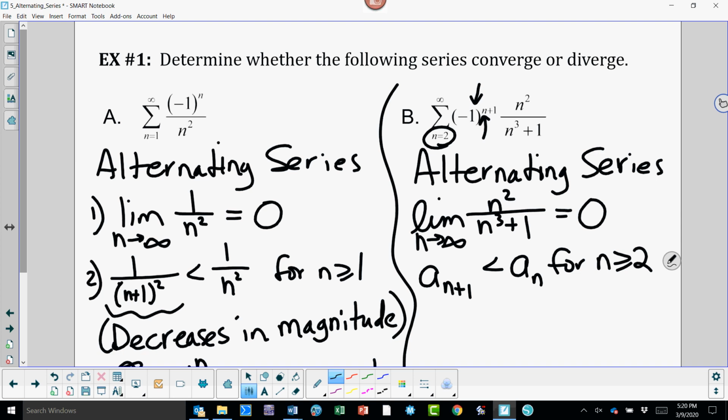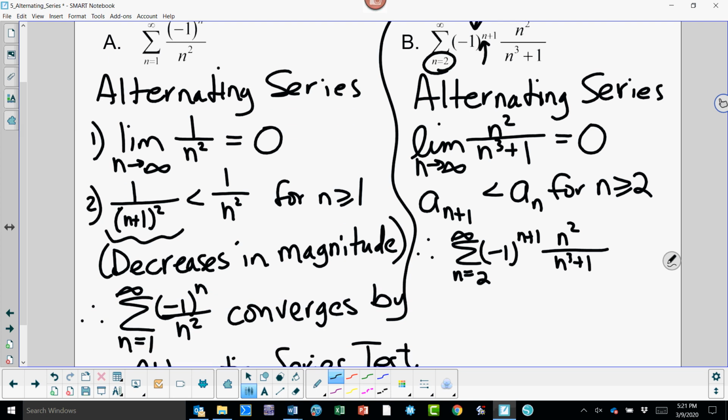Now, I don't really have to show that because it should be pretty clear, because if you plug numbers into the bottom, the bottom is growing faster than the top, and for fractions, that means it's smaller. So we can just state that. And so therefore, your original series, n equals 2 to infinity, -1 to the n plus 1 times n squared over n cubed plus 1,